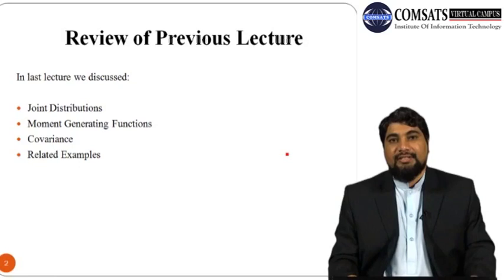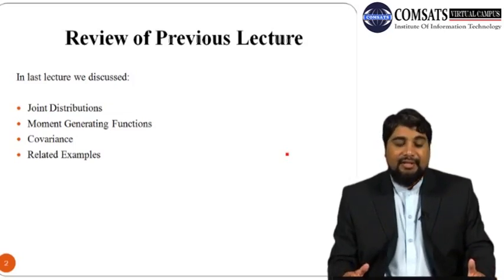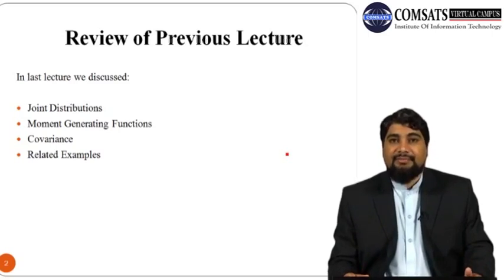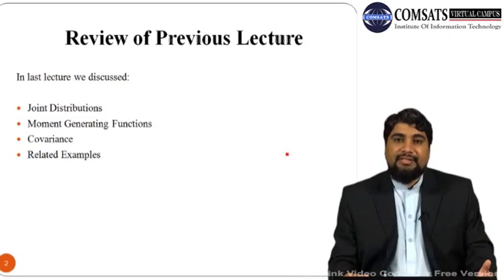So first we take a review of last lecture. In last lecture we have discussed the concept of joint distribution, and in particular we discussed the concept of bivariate distributions, and how we can calculate bivariate distributions if we have two random variables x and y. In addition we discussed the concept of marginal distribution, that how we can calculate marginal distributions from the bivariate distributions, and we have also discussed the concept of finding conditional probabilities in case of bivariate distributions, and then we have discussed some of the related problems.